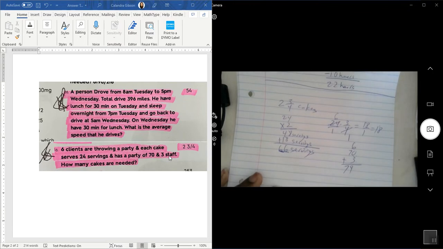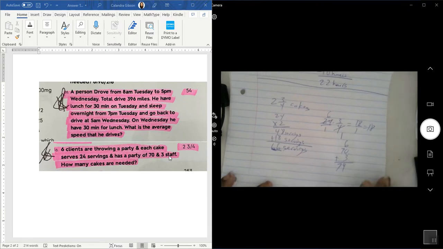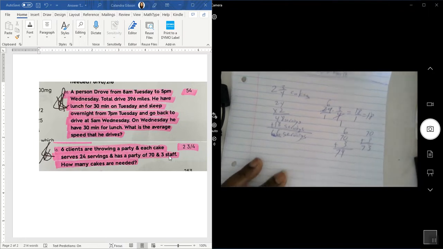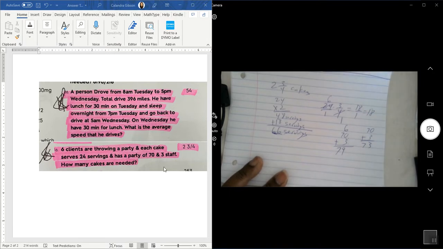That's still not 66. Okay, next, if we take out the 6 clients and say, okay, what if the clients don't eat any cake? If we just do 70 plus 3, that's 73. That's still more than 66 servings. Okay, let's just say that, which I think too, most people that go to parties, the staff isn't served. Now, my wife, and like I said, she could be correct with this as well, that maybe the staff is served. Some people do serve the staff.